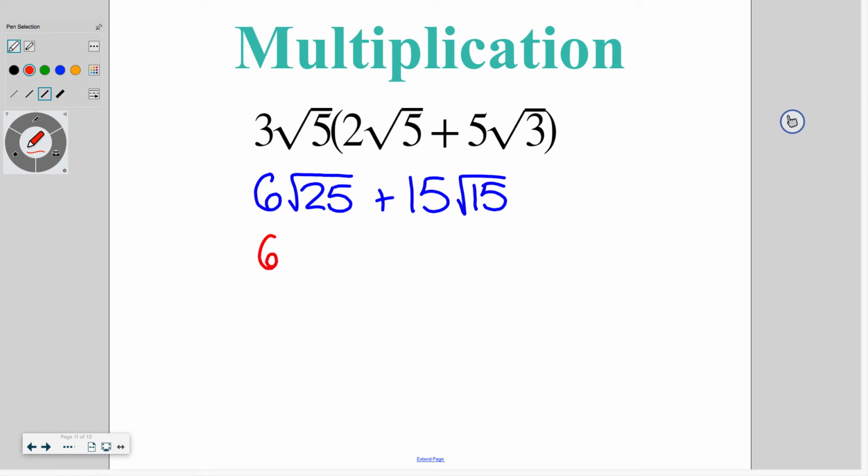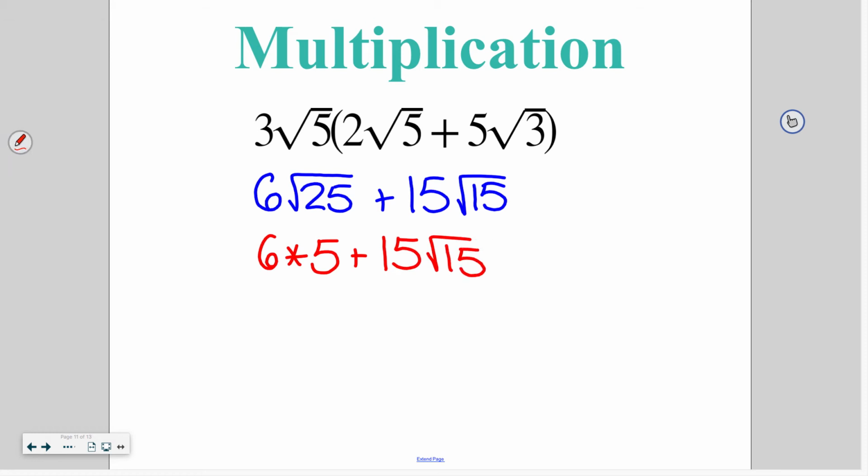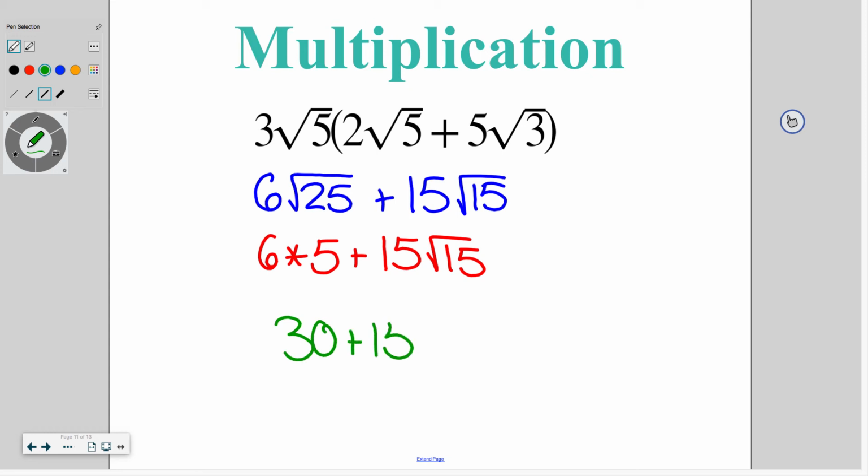So I now have 6 times 5 plus the square root of 15. I can't simplify the square root of 15, so that stays put. I can finish up by saying 6 times 5 is 30, plus the square root of 15